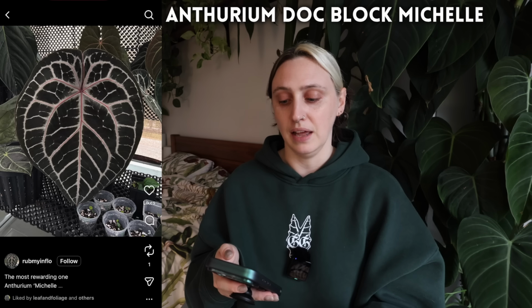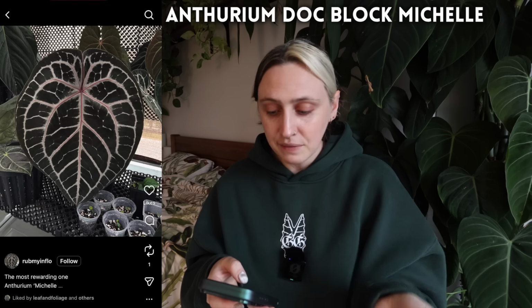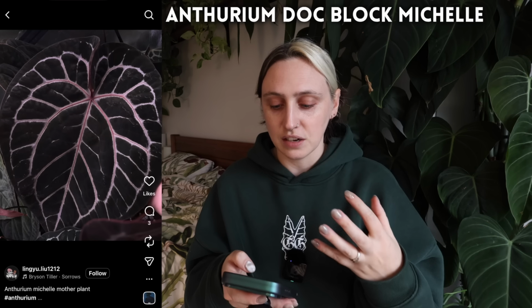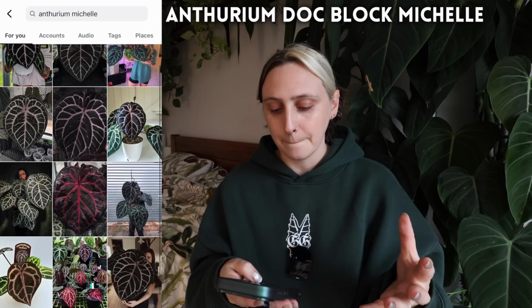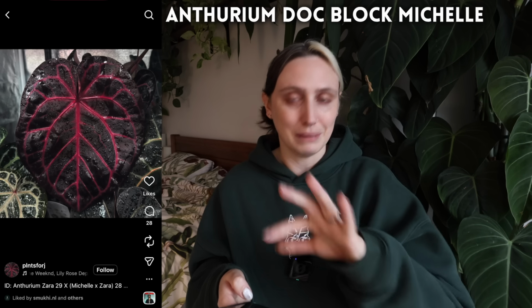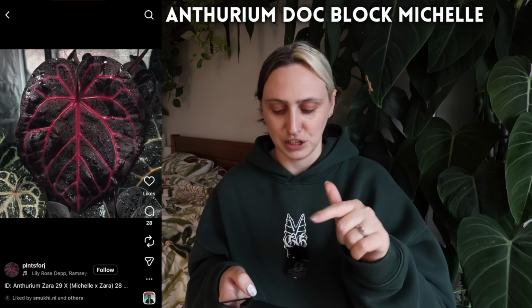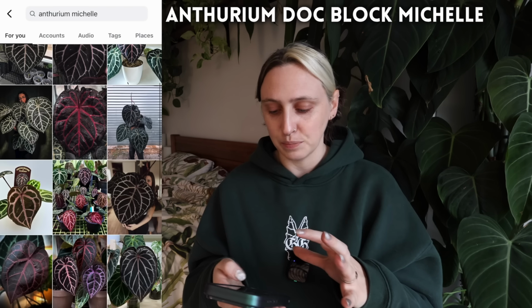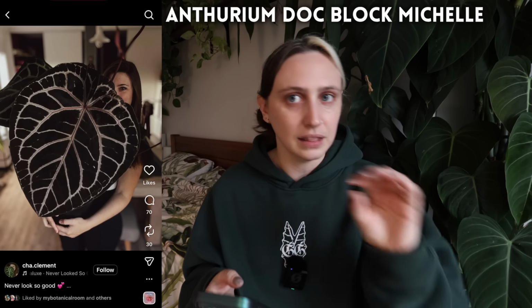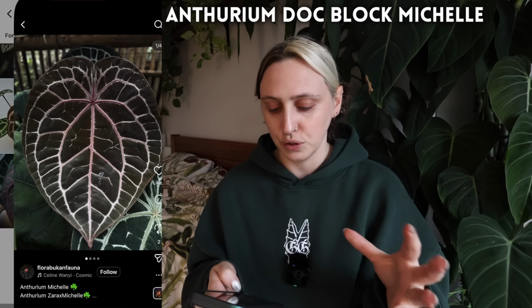I just really like these dark, velvety leaves with the red veins. I think that is so fun and so different. I'm not hugely a pink plant person, and this is probably a little bit too much. I don't think I need it to be this intense. This is the Zara X Michelle. That's a little bit too much, but a little bit of pinking in the veination, I would absolutely love to have. So